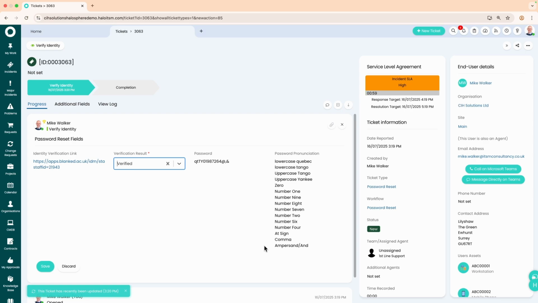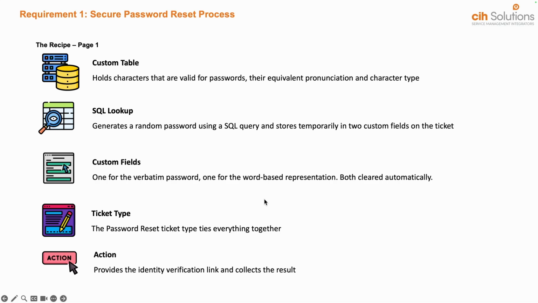Now, it's a really straightforward process on the surface, but there's quite a lot of clever stuff going on in the background to make this work. So I'll show you the recipe for that solution. We have a custom table, which I'll show you in a short while. This holds the characters that are valid for the passwords, their equivalent pronunciation and the character type. The character type is important because that allows the SQL lookup to identify what characters are being used in the